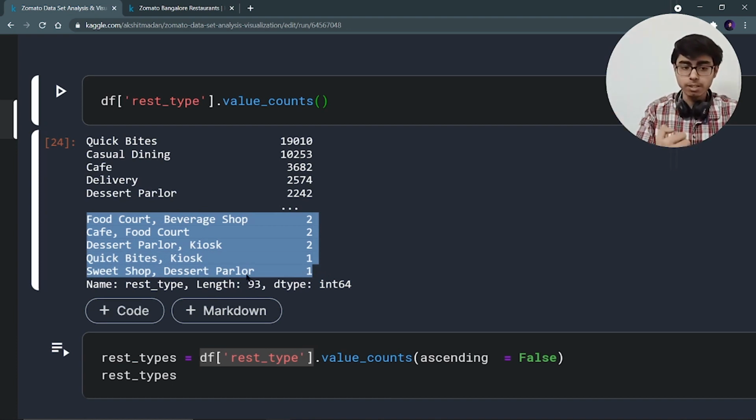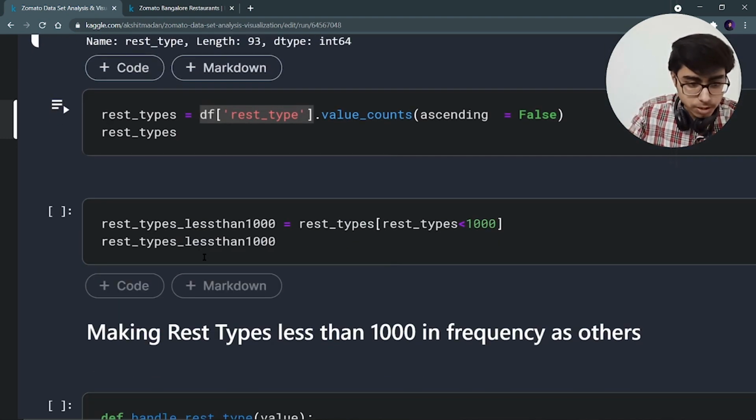So what I can do is make a cluster of all these unique restaurant type names and name that cluster as others, right? All those restaurant types which have only a few restaurants, I can name as the others cluster. So let's do it.